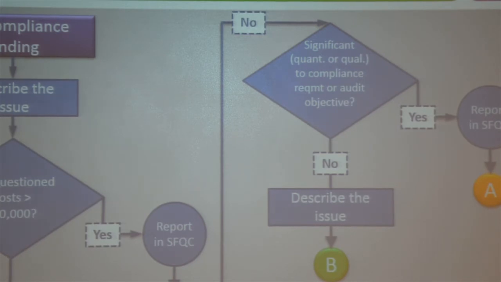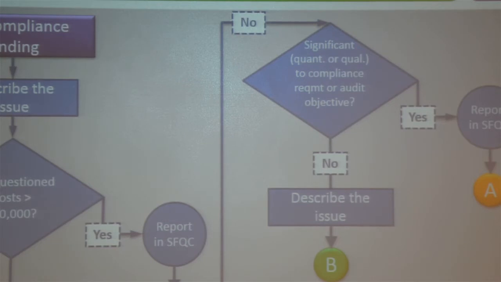In my case with the tenant file tests, they didn't actually have a computed questioned cost. So the answer to that was no. In fact, on neither of those did I have a questioned cost, really. Subsidy was calculated to be correct either way. They just had some items of non-compliance. So now we get down to the next discussion. We answered no. It's not over $10,000.